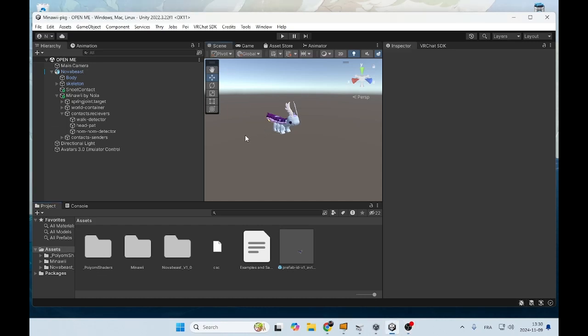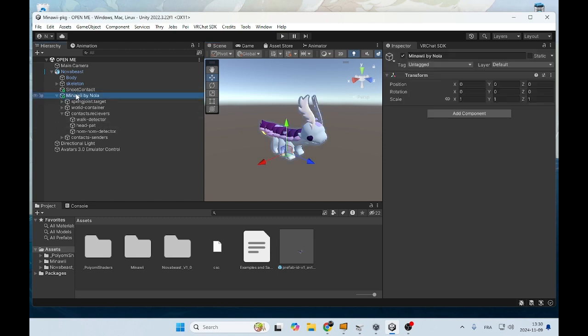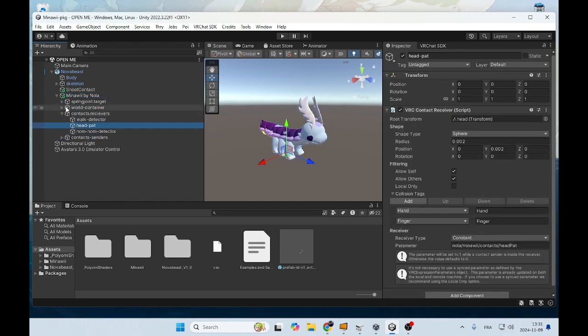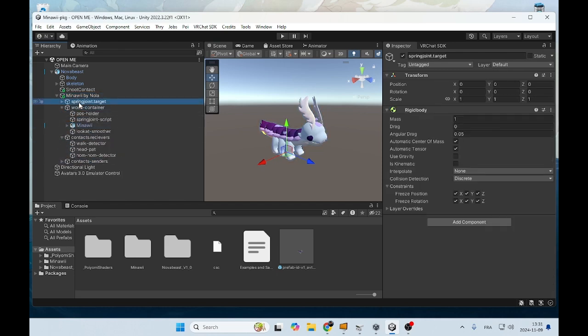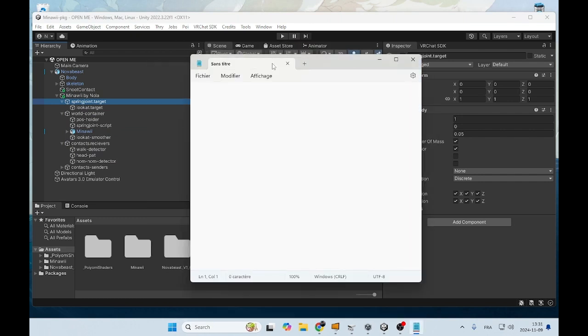Hi. Okay, so today's plan is to explain how this little creature works. I would say it's very simple, but you see all of this? Yeah. So what we got here is